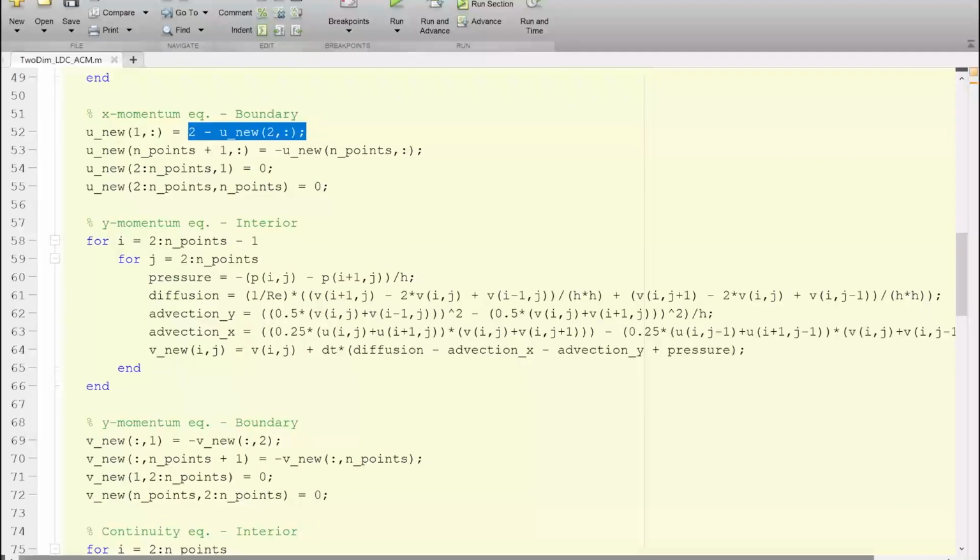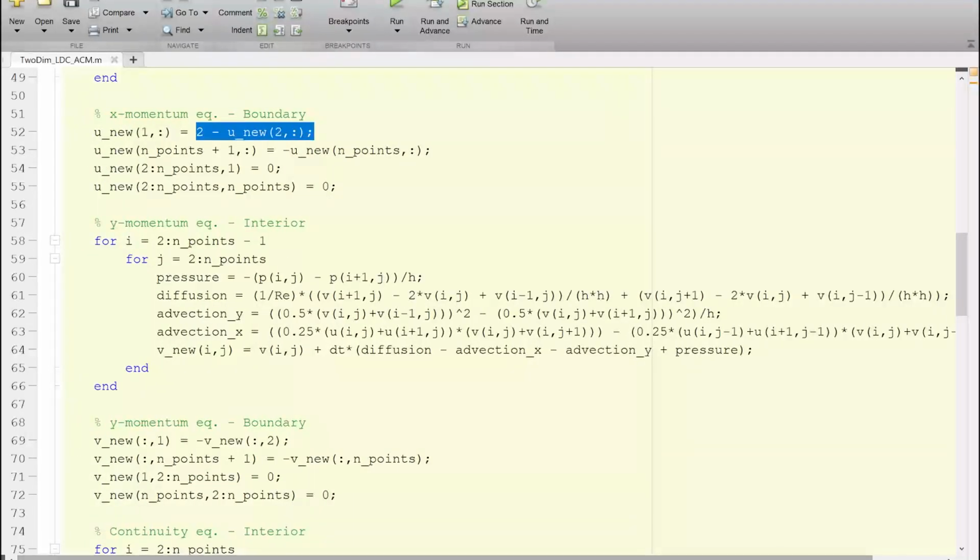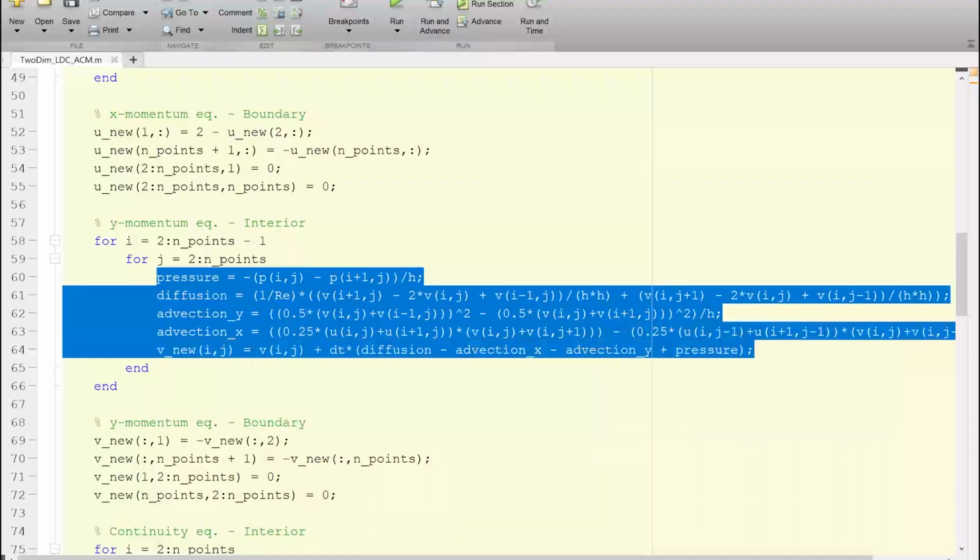So the same process is repeated for the v velocity. I hope that once you write the correct expression for the v velocities, so I would be showing it on your screen here. For the v velocity, one thing to note here is that it would go from the second to the endpoints minus one row, whereas it would go for one extra column. And similarly, we can define all these four terms here.